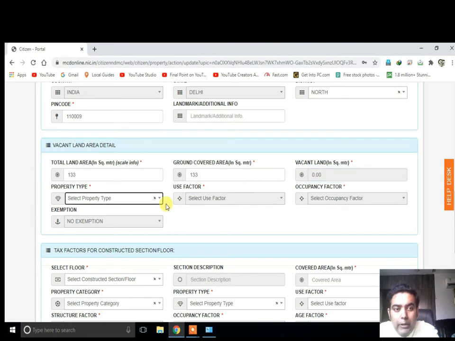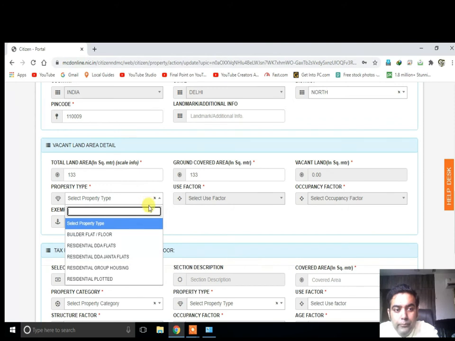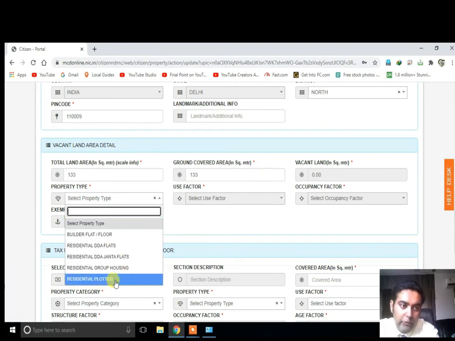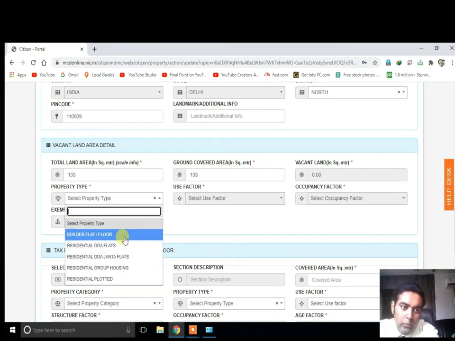Select property type. In Mukherjee Nagar, usually they're residential plotted. Or if you are filing for a single floor, you can select built flat or floor.